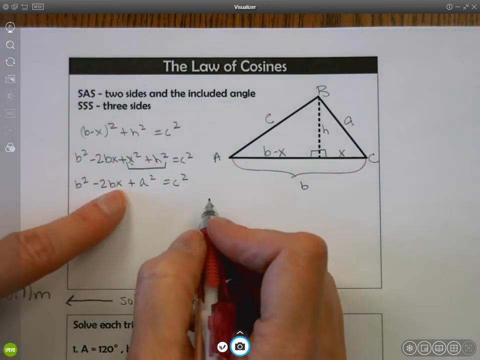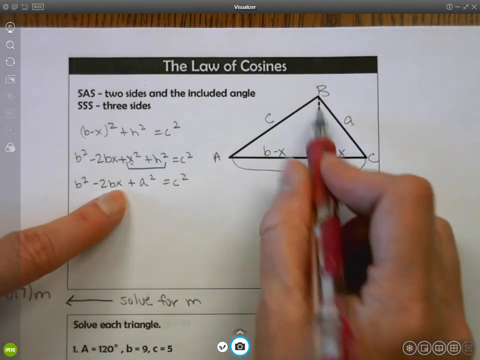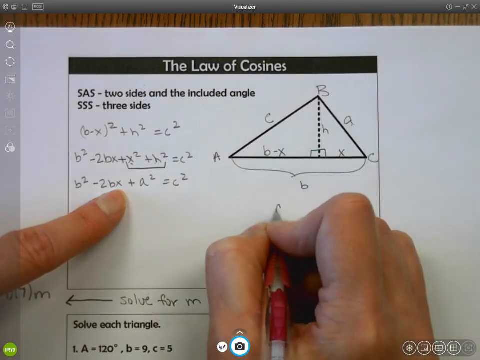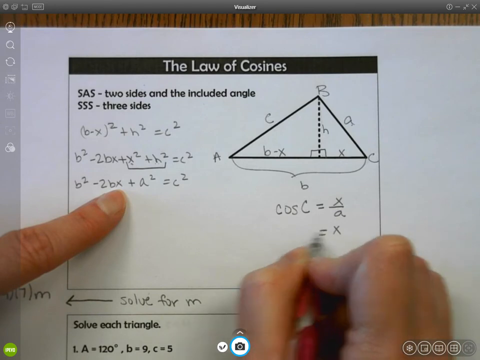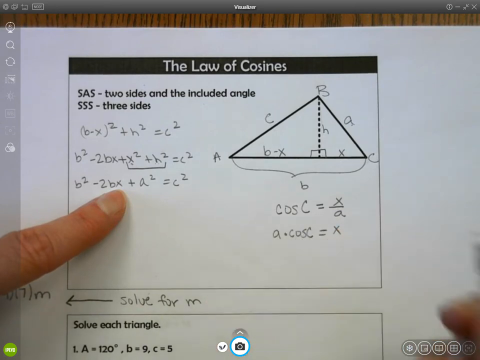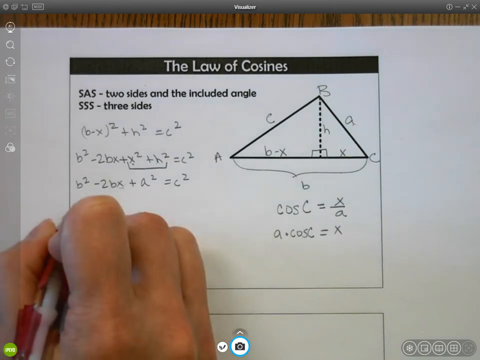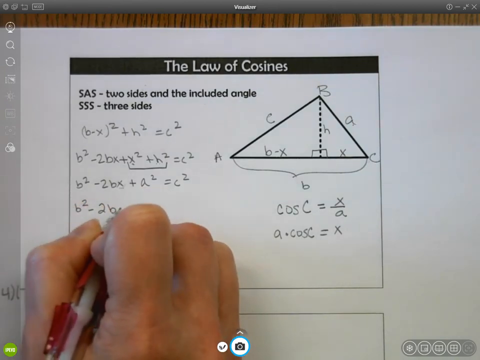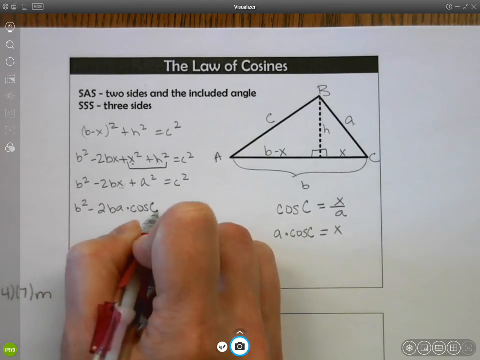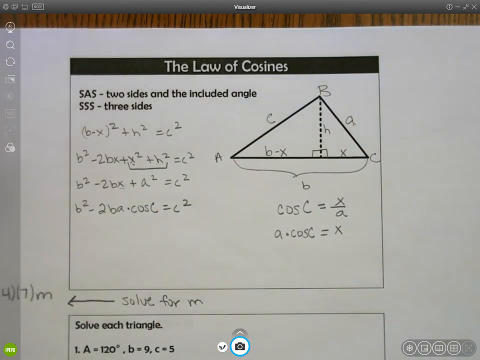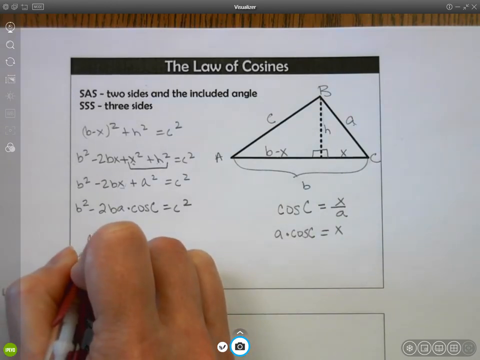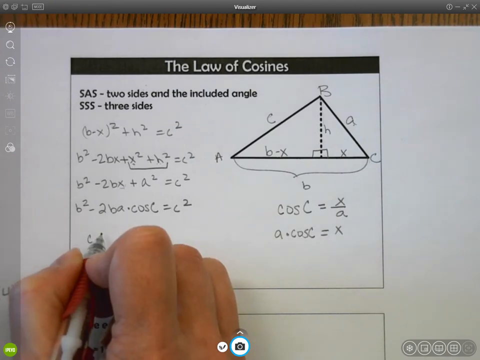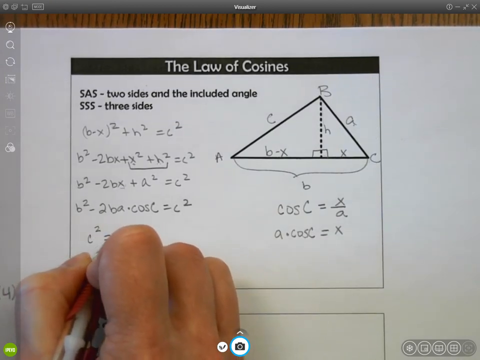If I look at this triangle, we know that cosine of angle C is X over A, which means X is equal to A times the cosine of C. So I can replace this X with A times the cosine of C. And then I have the law of cosines, except that we rearrange it and write it where it says C squared is equal to,